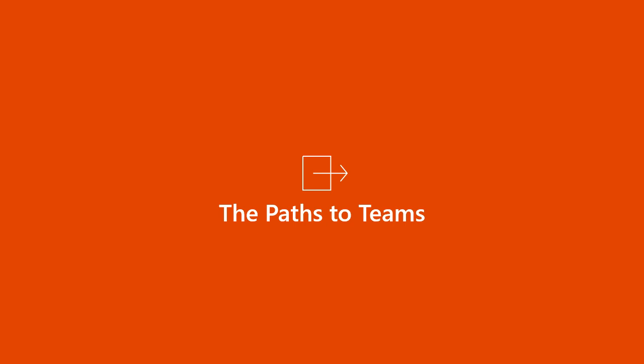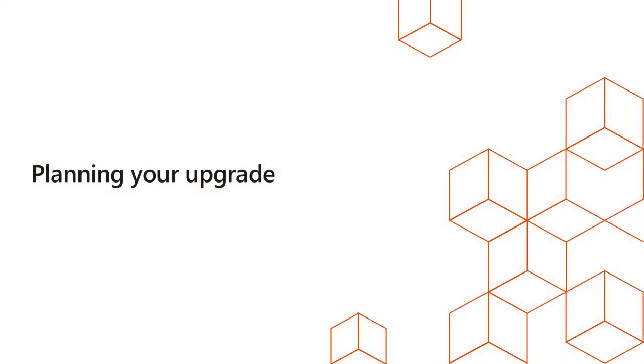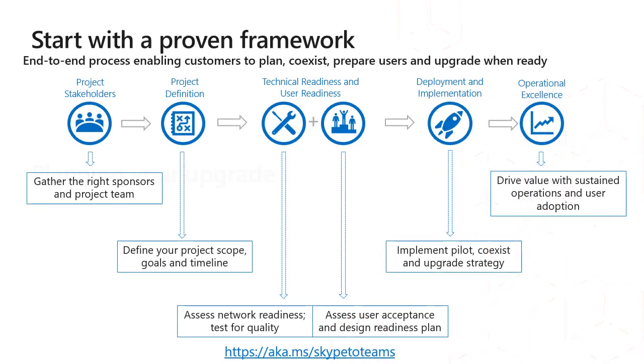So let's take a look at the various paths to Teams. We begin by planning our upgrade process. We need to ensure that we always start with a proven framework. And what we've built out here, as you can see evidenced by the URL at the bottom of this page, is an end-to-end process that can help enable customers and partners to plan, coexist, prepare users, and perform the upgrade